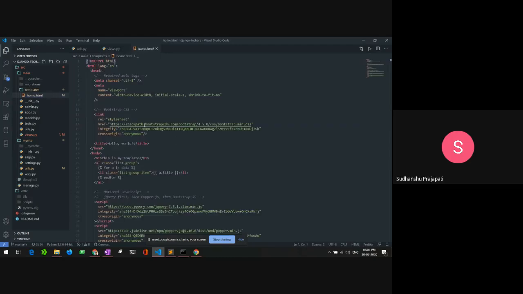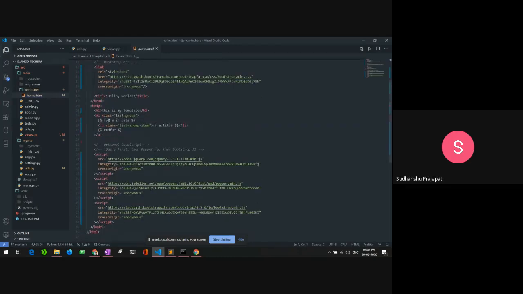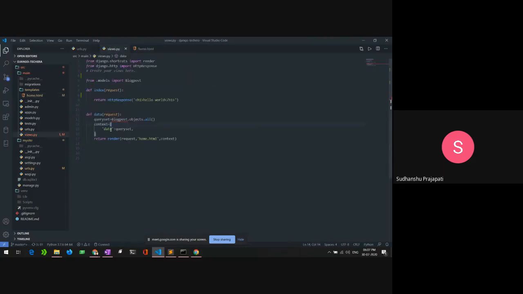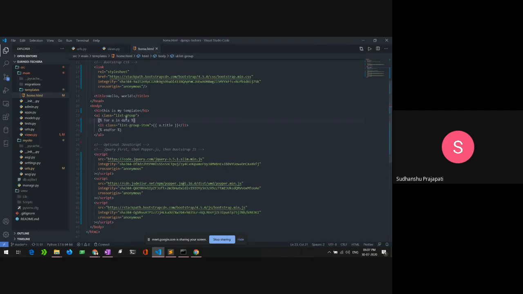You can see a for loop, and the data that we passed is a list of objects, that is a query set, to the data variable, which is used here to iterate over it. The iterator variable is here, and we are getting all the titles from the database.